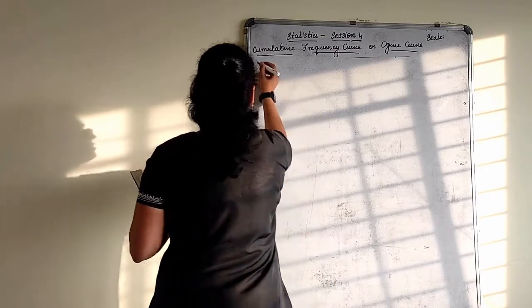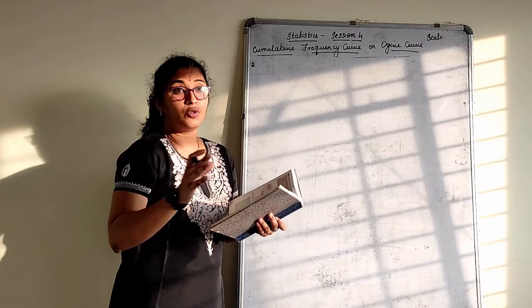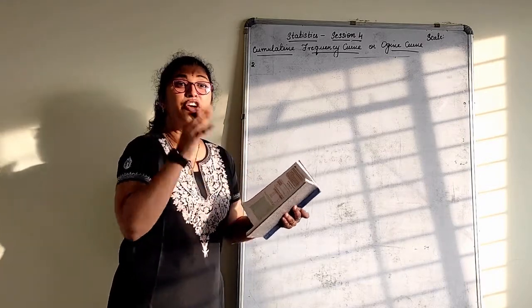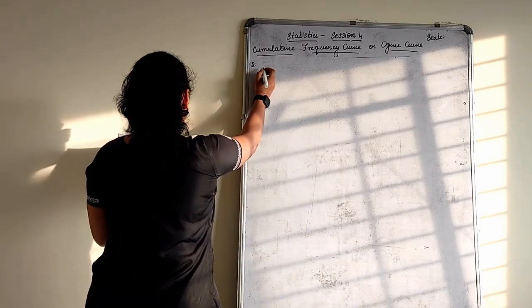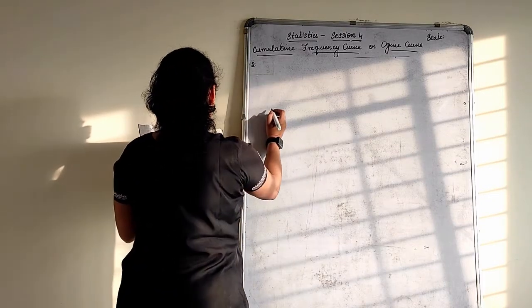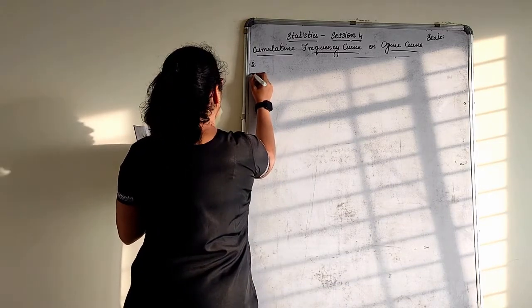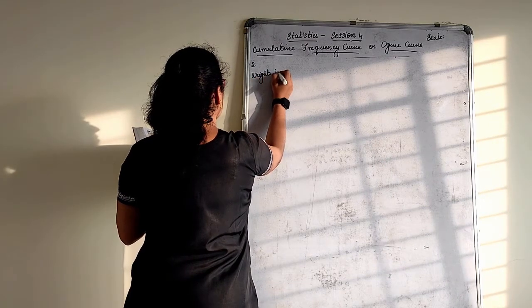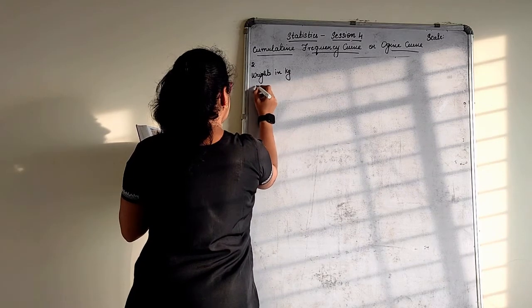So, okay, the next sum is very simple because the given question itself is less than type. So, no more headache. Less than type, the CF is already given. Your ready-made data is given for the second one. Second one, during the medical checkup of 35 students of a class, their weights were recorded as follows. So, weight in kg, directly it is less than type only.